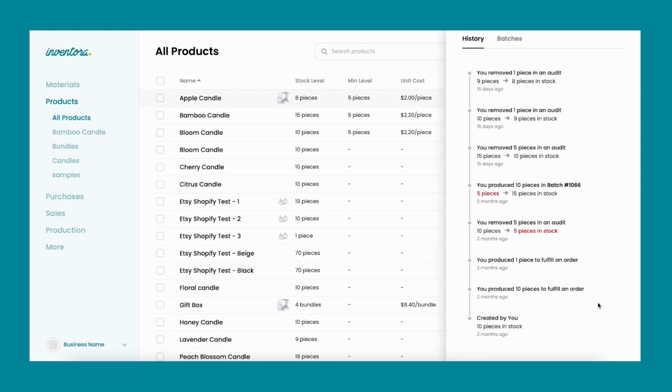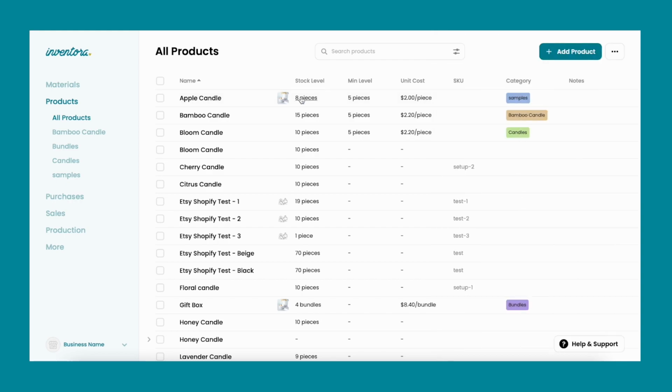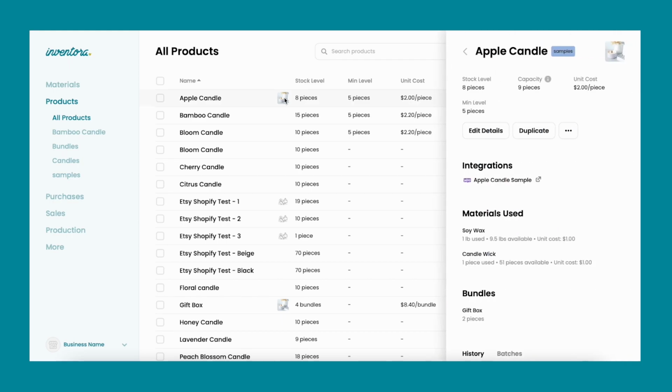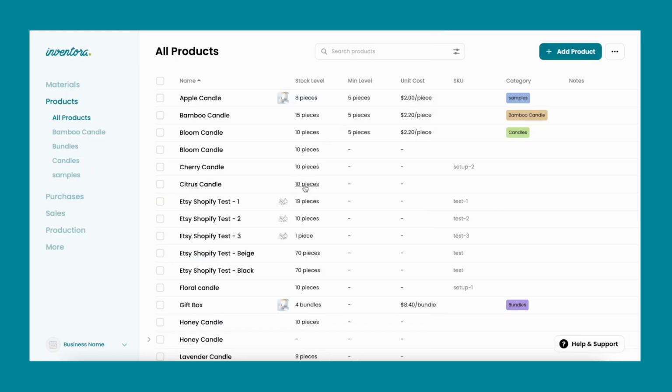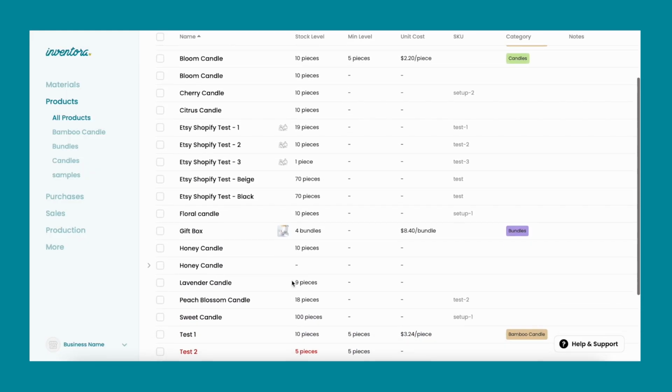You will notice that you will have a small version of the photo in the product list. And also, if you click the image on the product detail screen, you can view the image larger by doing that. Another thing that you should know is that all product photos are synced automatically from all e-commerce platforms, except